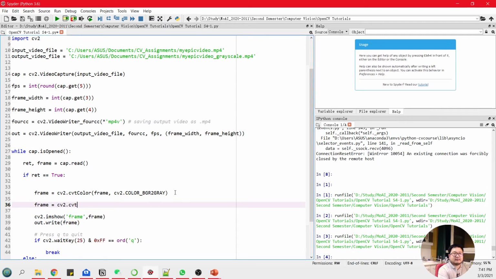So basically you're going to say frame equals cv2 convertColor. Let's just copy this to speed things up. In the second line of code here, this frame is already a grayscale image. So what you're going to do is convert this gray back to BGR. Okay, so now the frame here is again in BGR representation. It's just showing the color of grayscale. Okay, so let's run this and see